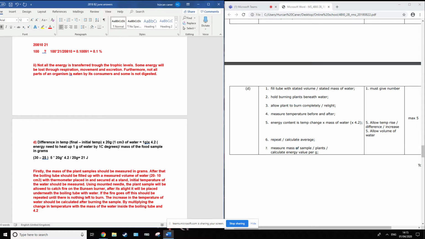So do we write the equation into the answer also? Not necessarily, but if you want. So by multiplying the change in temperature with the mass of water inside the boiling tube and 4.2,